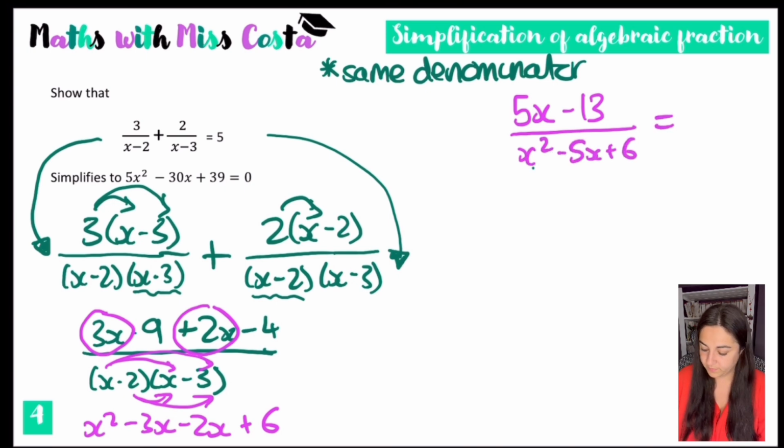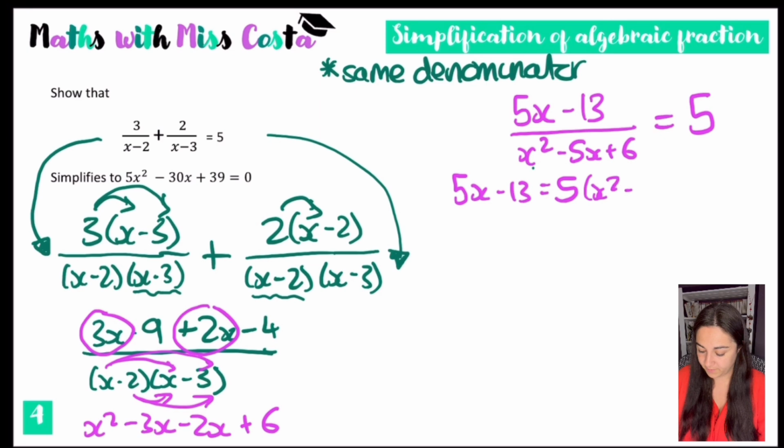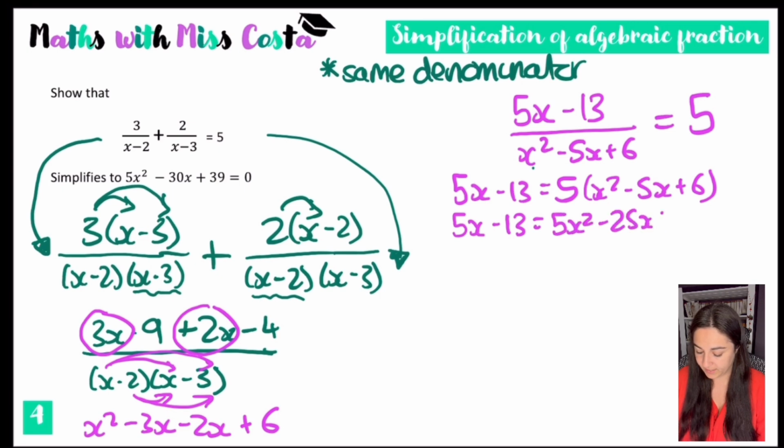Now let's make it equal to 5 because that's what we've been told. And what could we do? Well, let's rearrange it by multiplying both sides by the denominator. So we'd be left with 5x take 13 equals 5x squared take 5x plus 6. If we expanded that, that would give me 5x take 13 equals 5x squared take 25x plus 30. And then all I need to do is just